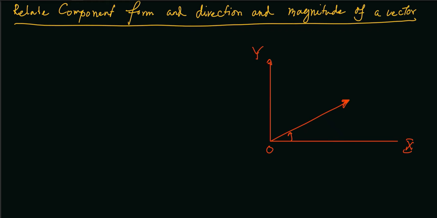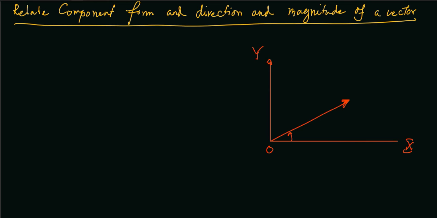Welcome to the last episode on vectors. Today we'll be talking about basically two category problems. First of all, a vector in component form and direction and magnitude, and the second category problems will be the application of vectors. So if a vector is given in the standard form,